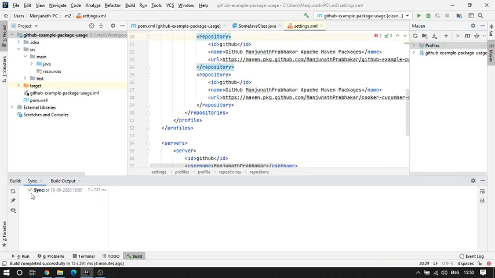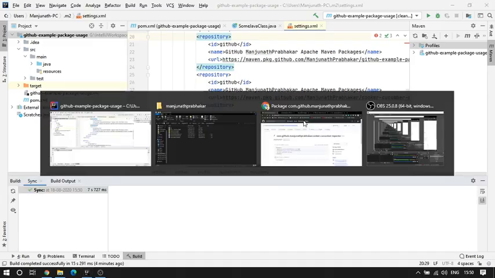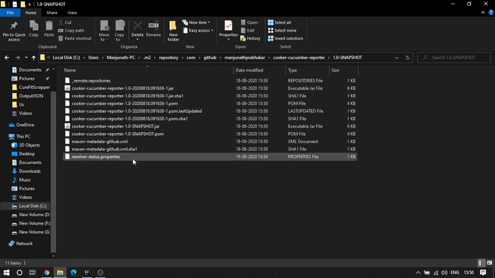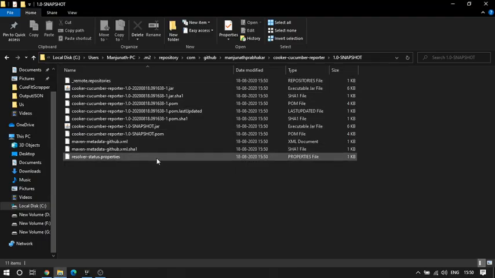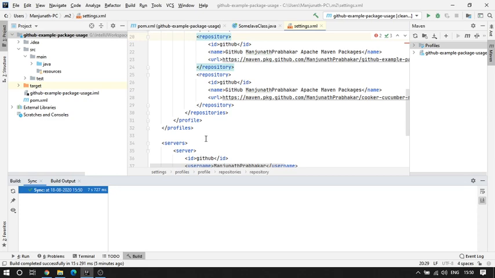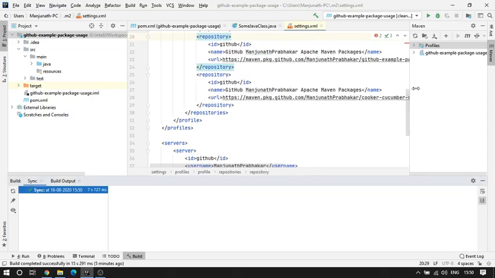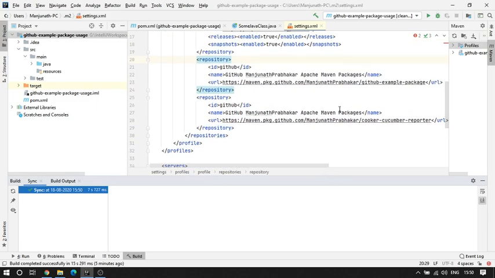So if at all, guys, see, it is successful now. Remember one thing, guys: whenever you're downloading something from Maven and you see some issues, make sure you clear that project here, because once it sees the project and some files inside that, there are some configuration files inside this. When Maven tries to download, it will check whether that is there using those configuration files. If the configuration file is not there, it knows that the jar is not there. Otherwise, it's going to download it. Okay, so now you see I have downloaded it and the entry is also there. So now you can use this also.